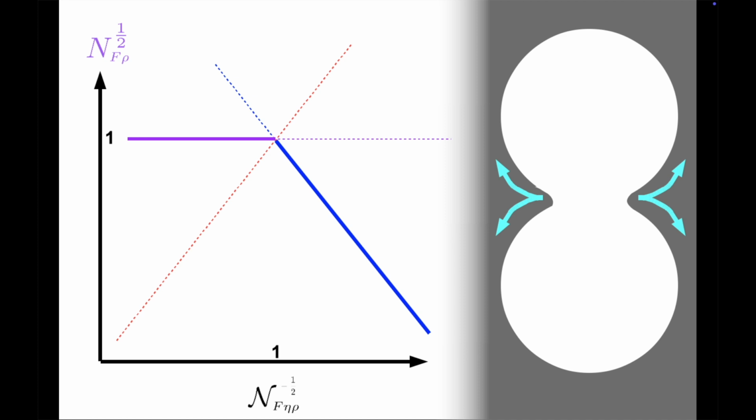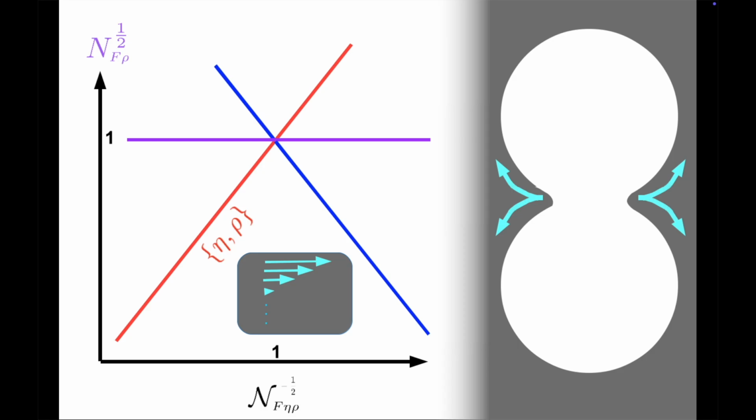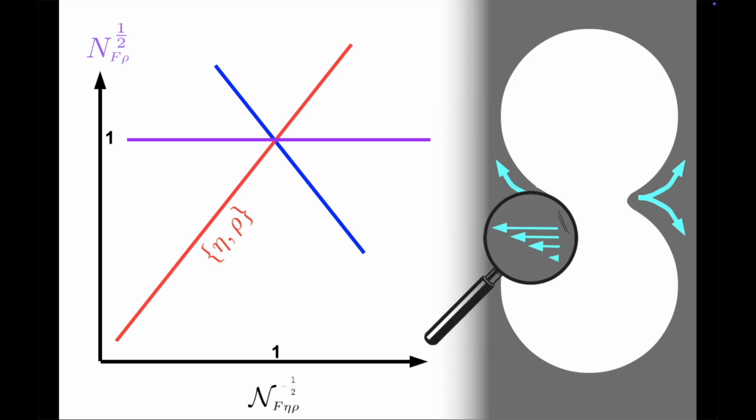If we were measuring these additional motions beyond the contact radius, would we be able to populate some of the other branches of this plot? For instance, we know that the red scaling corresponds to pairing viscosity and density. We've seen this scaling in episode 6 in the context of boundary layers. Wouldn't we be able to find places with similar velocity gradients, boundary layers, if we were to take a closer look at the flows associated with such coalescence?